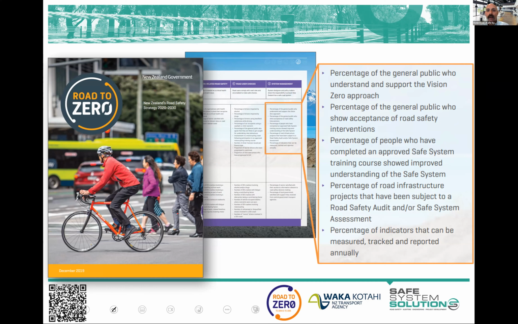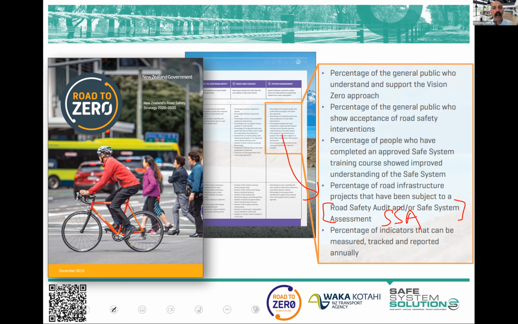One interesting aspect of it, in case you've missed it in your nightly readings, that I think shows that the New Zealand government is absolutely committed to the idea of safe system assessment, is this percentage of road infrastructure projects that have been subject to a road safety audit and/or safe system assessment. And with Waka Kotahi's recent release, we could say a safe system audit, because that's the new term